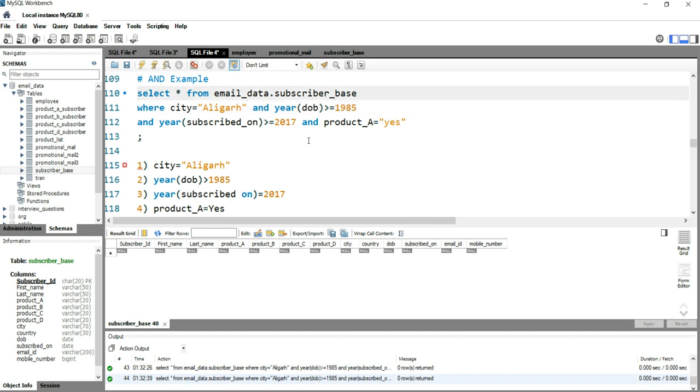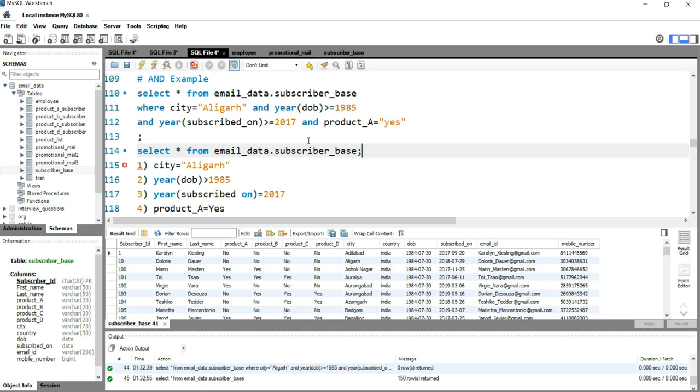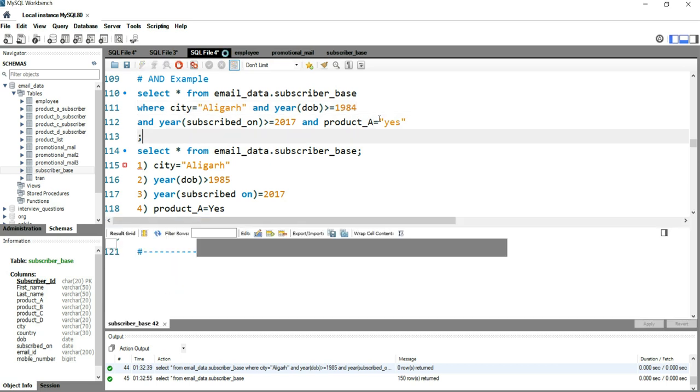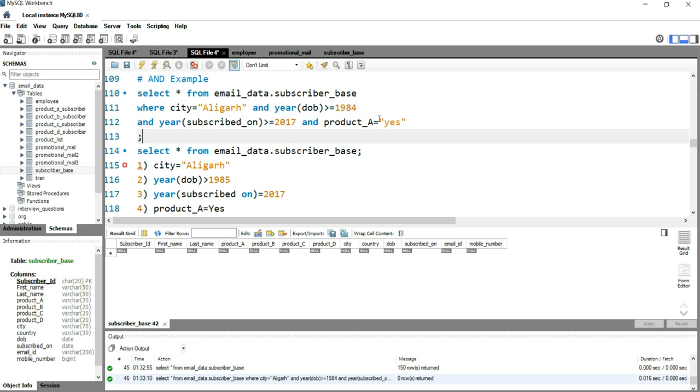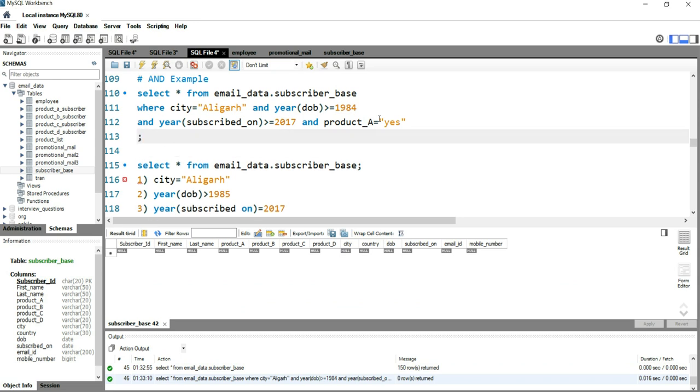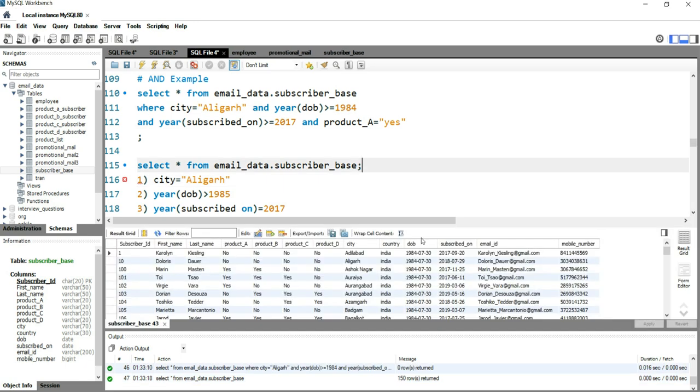So let's see, do we have any record where Aligarh has it as 1984. Here I can see that with this Aligarh, date of birth is 1984. So for our example I'll put 1984 here, so that I should get at least 1 record, right? So for this user, the city is Aligarh, it's matching.